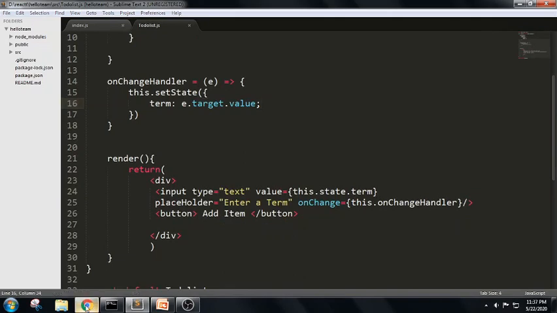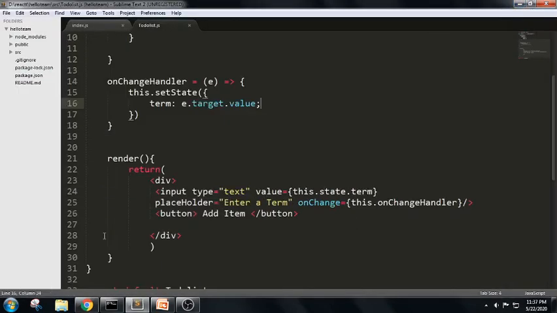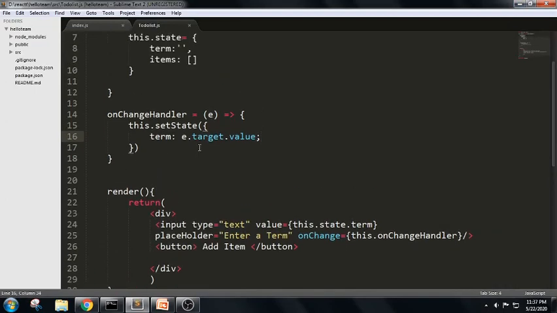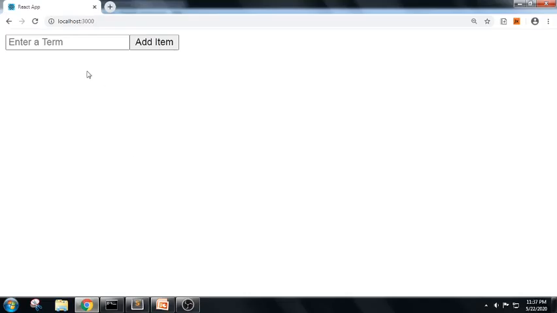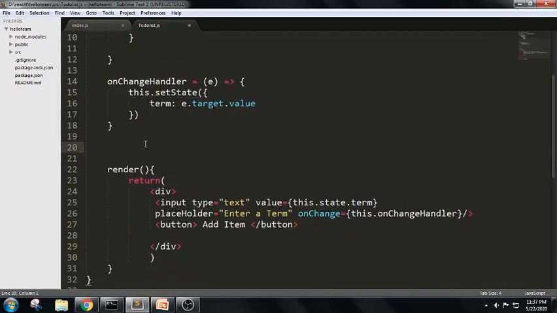Now if you can see this, we got something like this. We have some error here, e.target, line parsing, line number 16. We have some error in e.target.value. Oh sorry, yes, we got this. We can edit it, but when you click on add item, it is not able to add below it. So here we have taken an input field followed by some value and the onChange event handler.